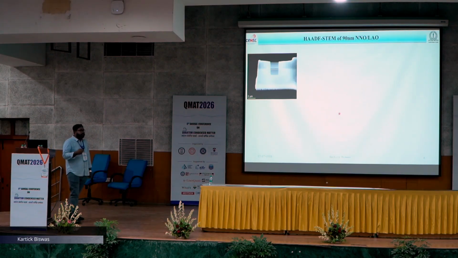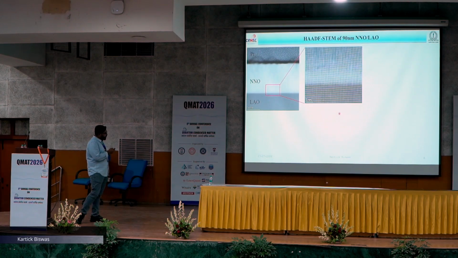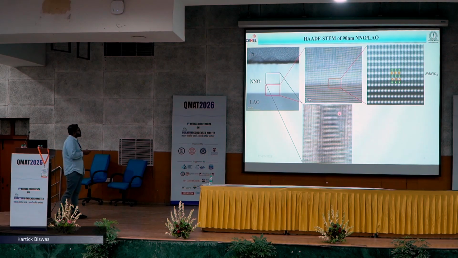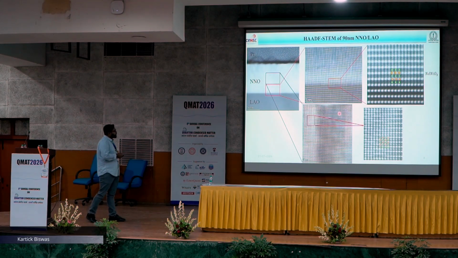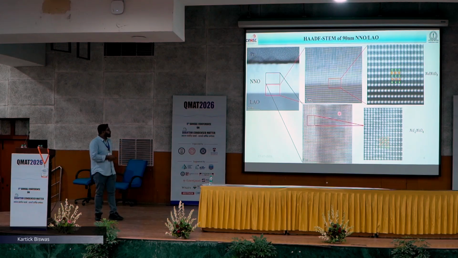So we cut a lamella from this, and then we see that there is a clear interface of LAO and NNO, lanthanum aluminate and NNO. If you zoom in, this is a clear interface of it. This is growing NdNiO3 nicely. But if you go to the thicker side, you can see that a defined kind of region is there. One is high contrast, one is a low contrast image. If you zoom this area, you can see this is matching with a structure. This is not the NdNiO3 structure. This is a structure of Nd2NiO4, which is a Ruddlesden-Popper fault.